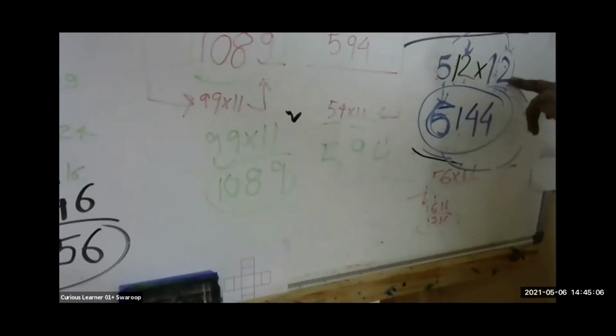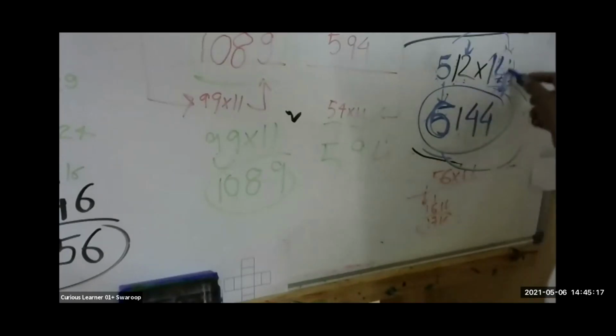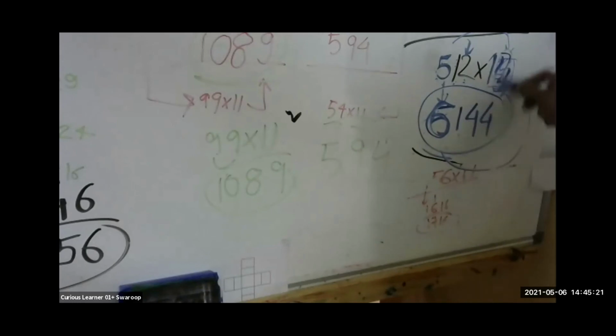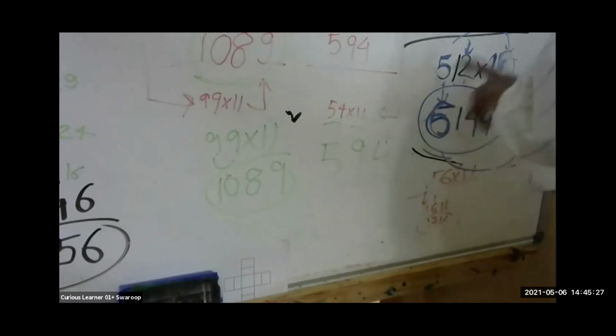We will do it one by one. You see, this number can vary. This number, instead of 12, it could be 7, it could be 13, 14, 15, 16, 17, any. In order to make this equation, 5 multiplied by this number plus next number, 5 multiplied by this number plus next number.